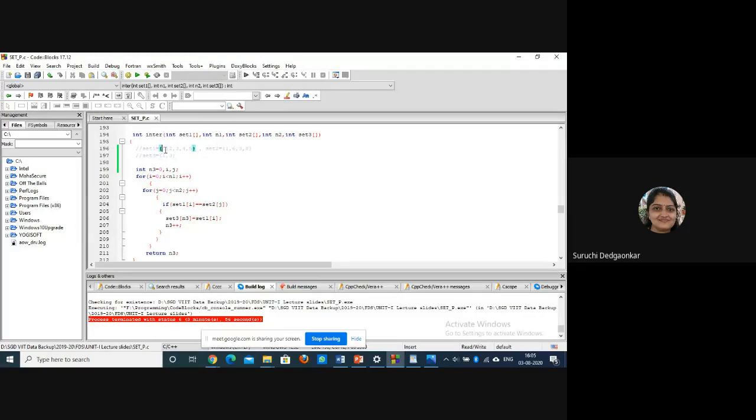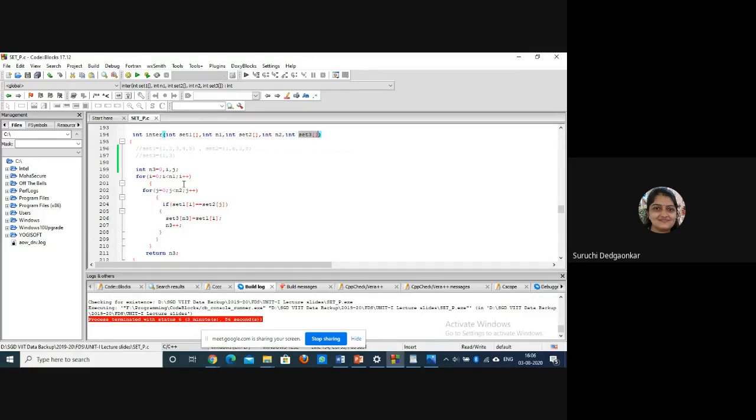So we have to find whether 1 is present in the complete set 2. If it is present, we will write it into our resultant set. This set 3 is not having anything at this moment. One by one we will add the elements into it. The common elements will be added into this set 3, and set 3 will be ready at the end of this function.